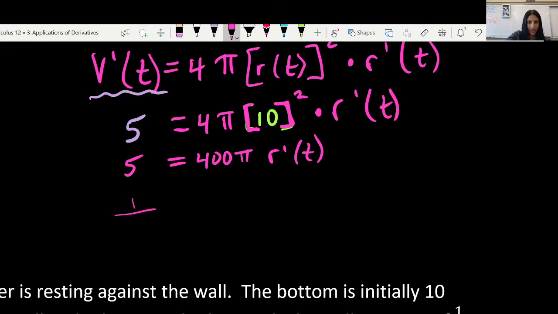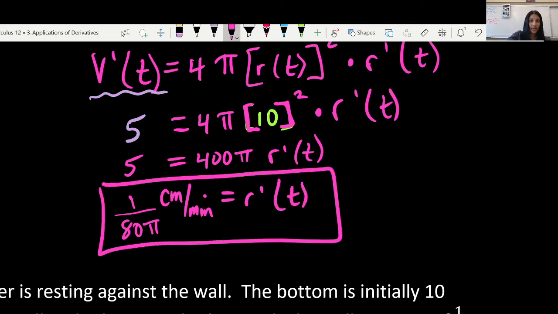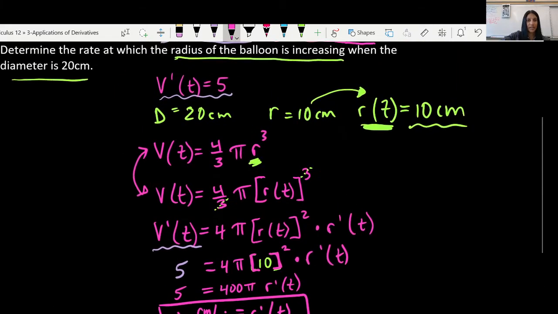When we simplify this all, I'd get 1 over 80 pi because 5 goes into 400. And the units would be centimeters per minute. And that is our r prime of t, or the rate at which the radius is changing with respect to time